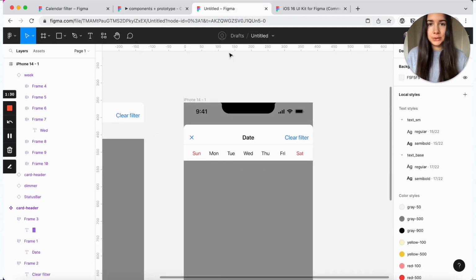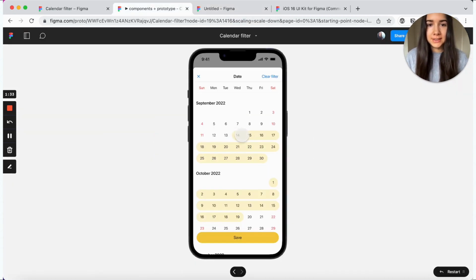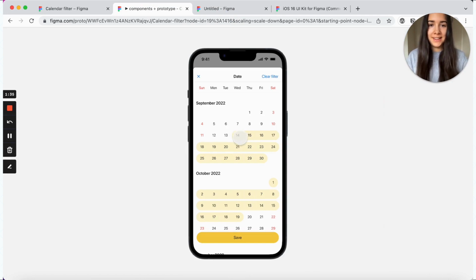The next thing that we're going to do is create a component for just this one single day here. And while it looks like a small component, it will probably be the most complicated part of the tutorial. So we'll definitely need to keep a lot of use cases in mind.